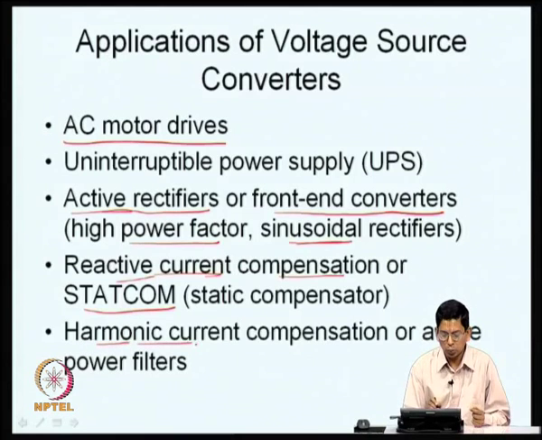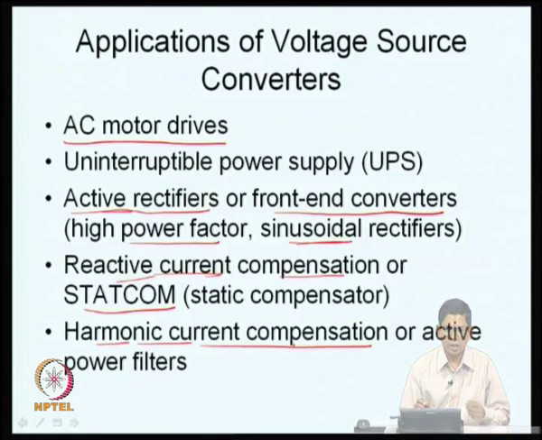What you can do is you can use voltage source converters to provide such harmonic currents to these nonlinear loads, so that the nonlinear loads such as a diode bridge do not draw the non-sinusoidal parts or the harmonic components from the mains. If a nonlinear load draws non-sinusoidal current, which has a fundamental component, a sinusoidal component at the line frequency, and also harmonic components, the fundamental component can be drawn from the mains, but the harmonic components can be supplied by another voltage source converter, which is what is called harmonic current compensation. Again, we will look at this in detail in our next lecture now. This is also called active power filtering.